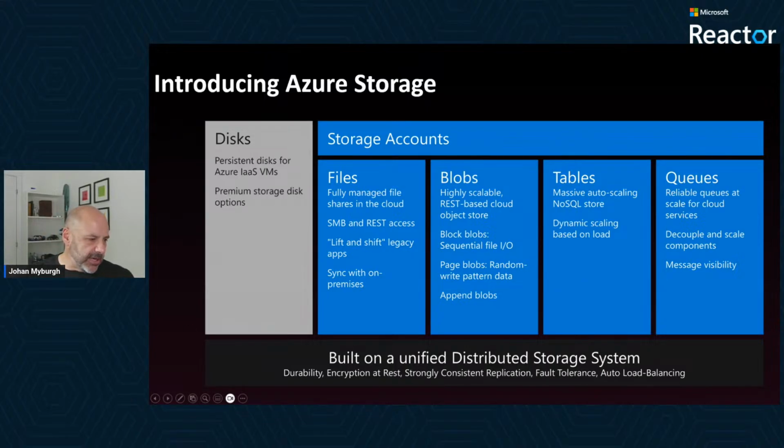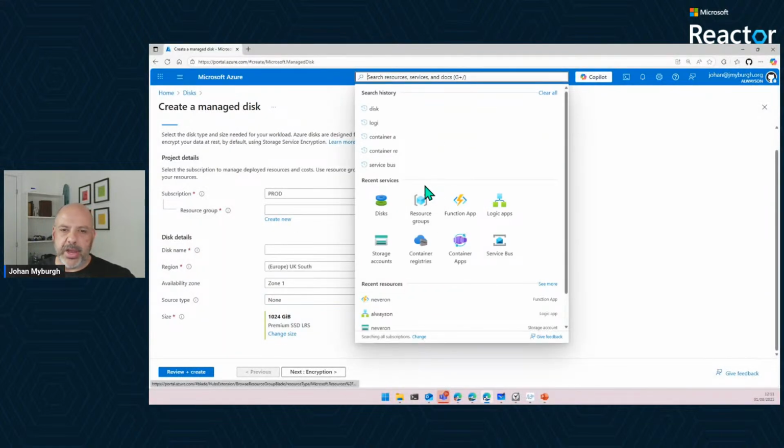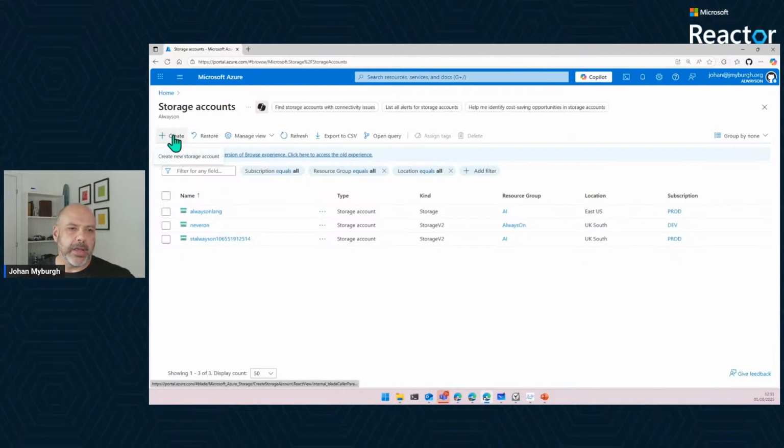So you'll notice here that if I go and create, and this is the first part, when you create a storage account, you're going to configure certain settings on that storage account, right? And there's different storage account kinds. I don't have a table on here now, but suffice to say, if I head over to the portal and find my storage accounts and create a new one,